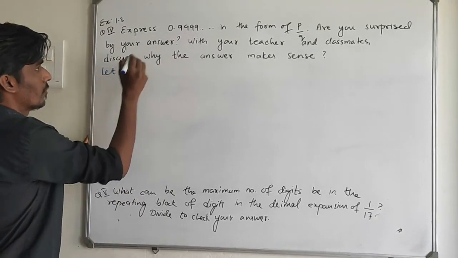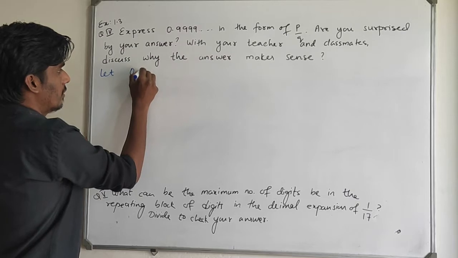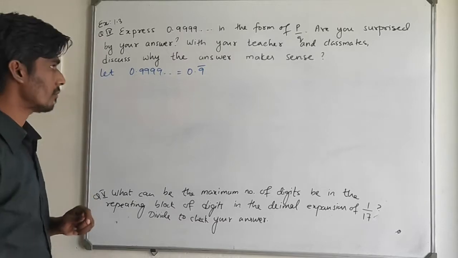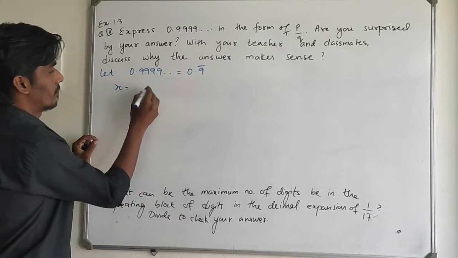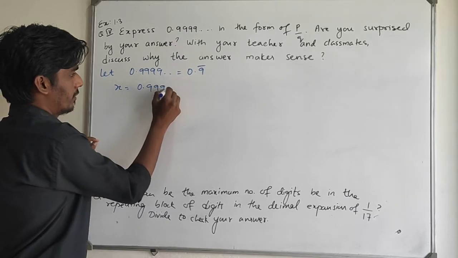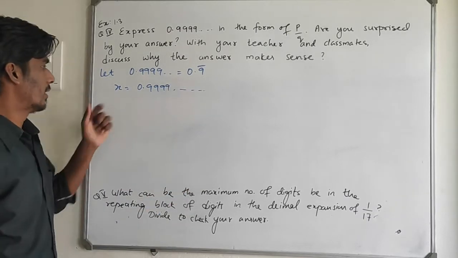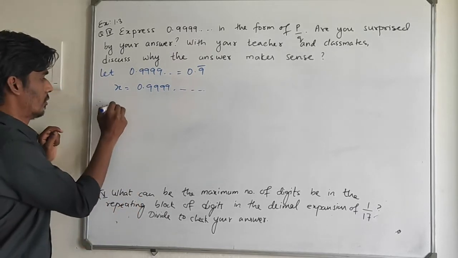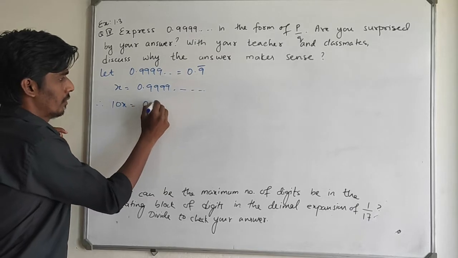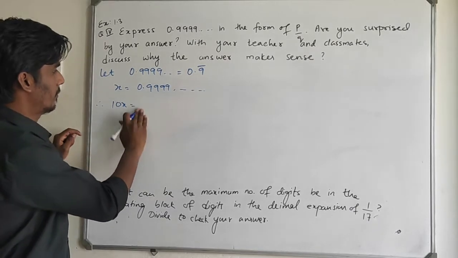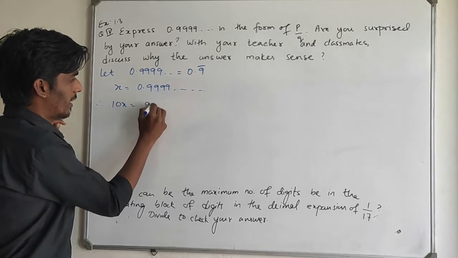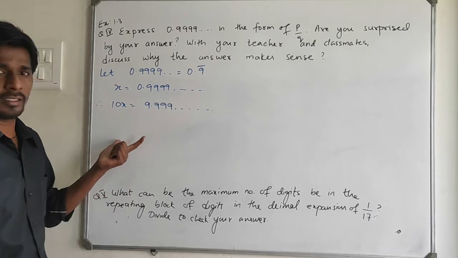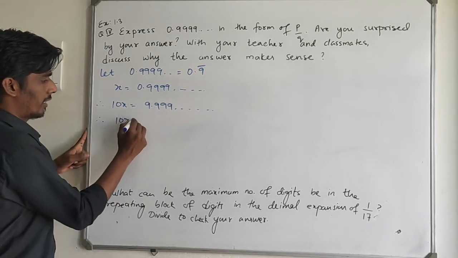So first of all, 0.9999... equals what? 0.9 bar only. Now x equals 0.9999... Now here under the bar how many digits are there? 1 digit. So I am going to multiply by 10 on both sides. So it's 10x. Now this decimal will move here and becomes 9.999... Then again the same thing, I will subtract x from both sides. So 10x minus x,